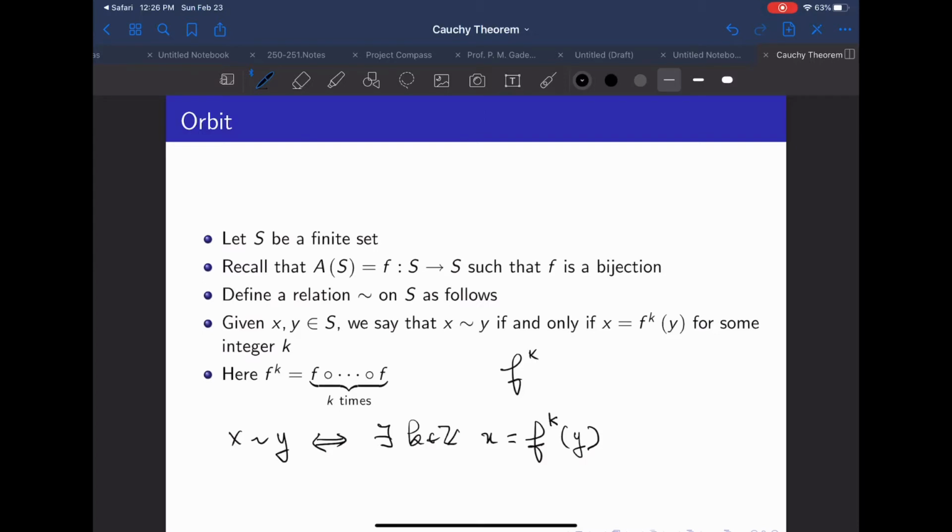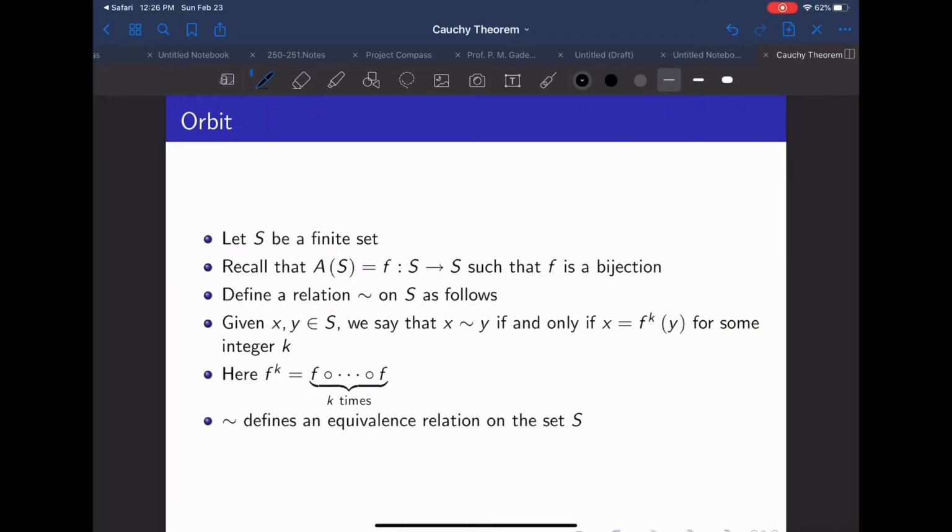Now keep in mind that in the case where k is negative, so for instance, when we write f^-2, what we mean is the inverse of f composed with itself twice. Okay, so in the case where k is negative, when we write f^k, what we mean is essentially f inverse composed with f inverse the absolute value of k many times. Alright, so